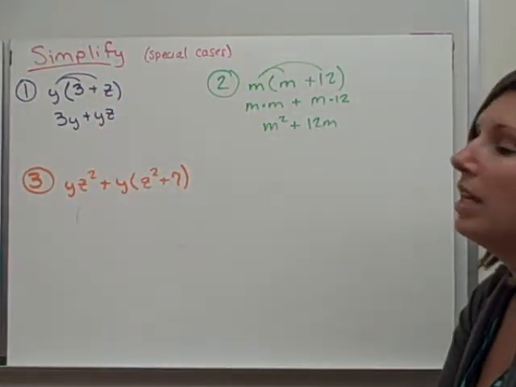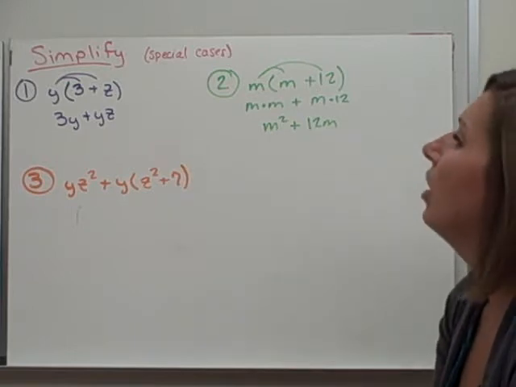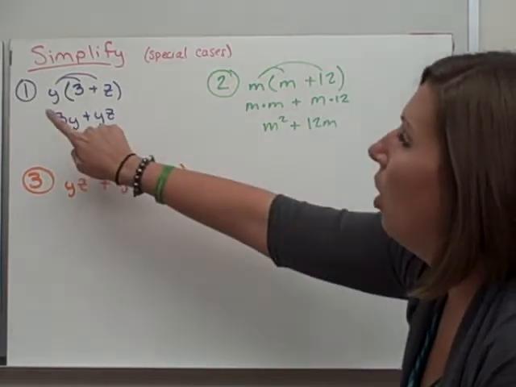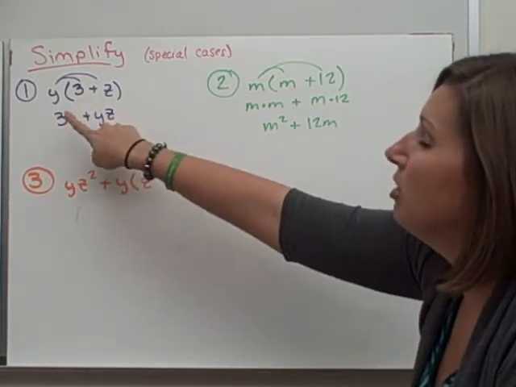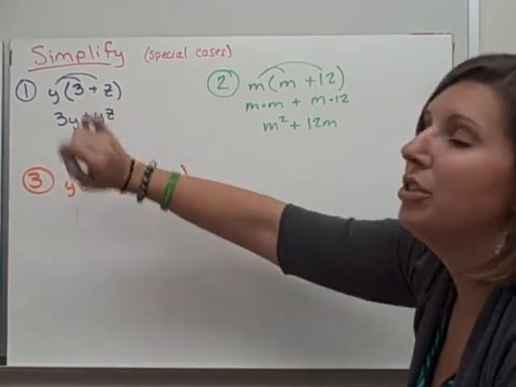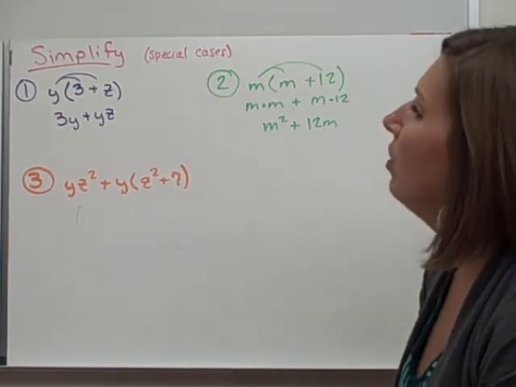Here I've got some more examples. They are our special cases, or our special scenarios. So I've got a y out front. I've got a variable out front now. I'm going to have to multiply that variable by my 2 terms on the inside of the parentheses. That's a little different. So I've got